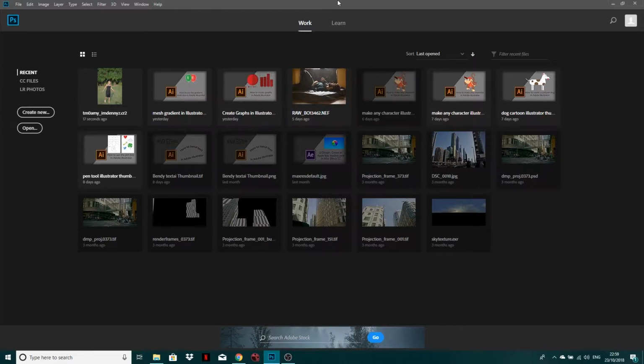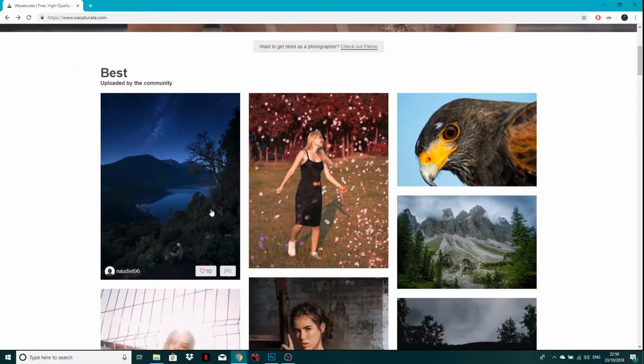Now in this tutorial, what we're going to be doing is having a look at pre-processing our raw images inside of Adobe Camera Raw. Okay, now the place I'm getting the raw images that I'm working with today is from